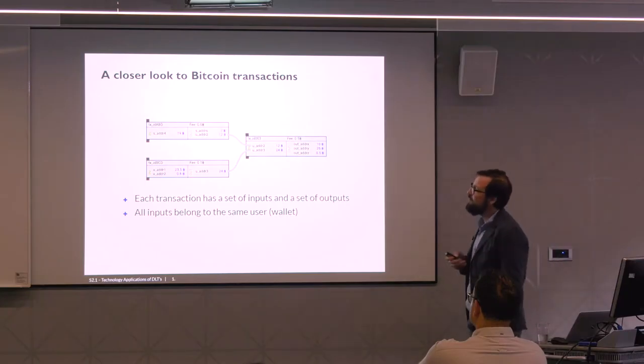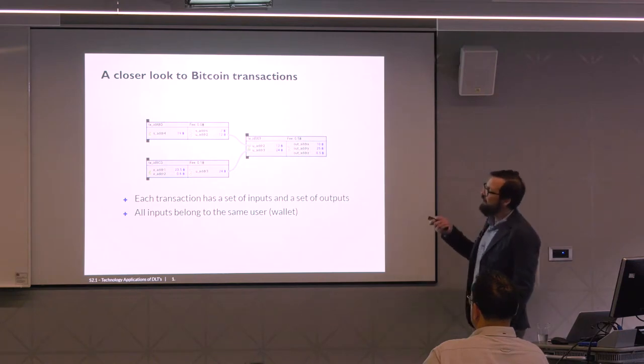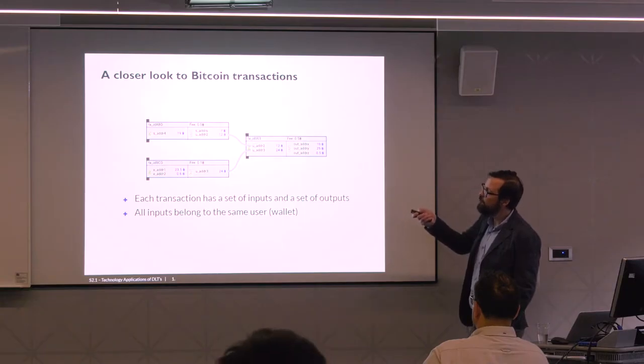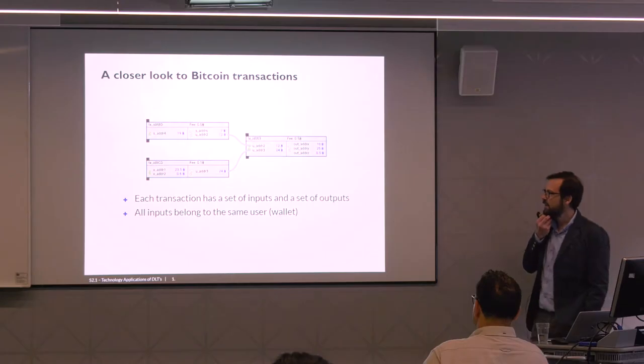Now let us try to understand what is in the input of the transaction. The input in the transaction depicts the process of spending a given amount of Bitcoins that were received in a previous transaction. So they are a link. This part of the input transaction is simply a link to the previous transaction where this address received the assets.